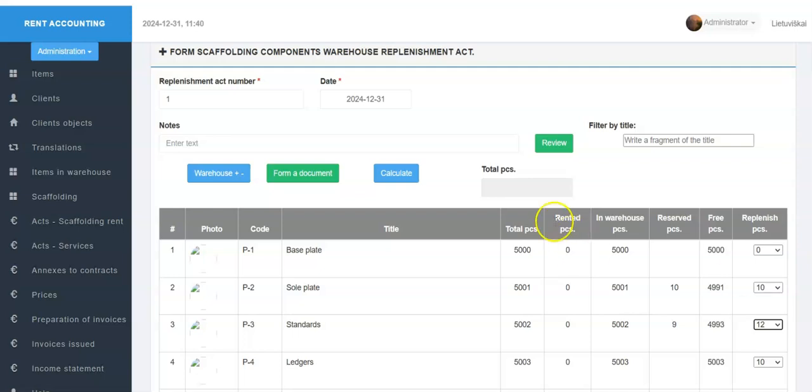If no more components need to be replenished, we press the Calculate button.